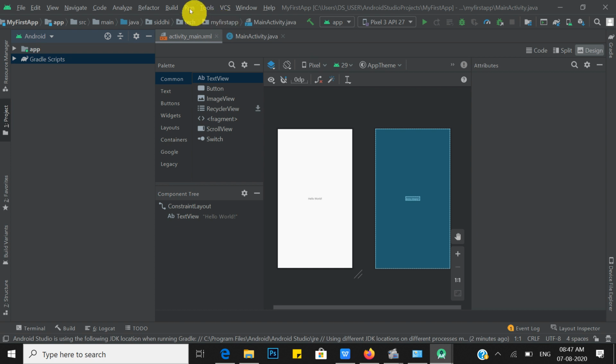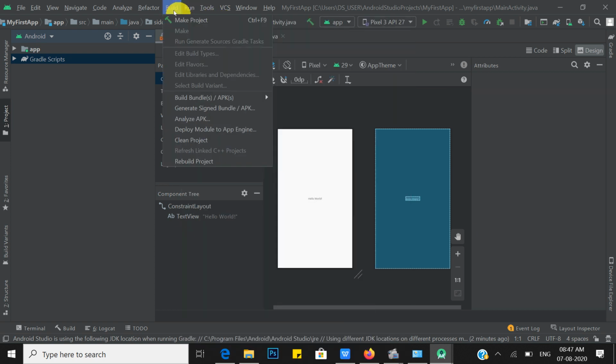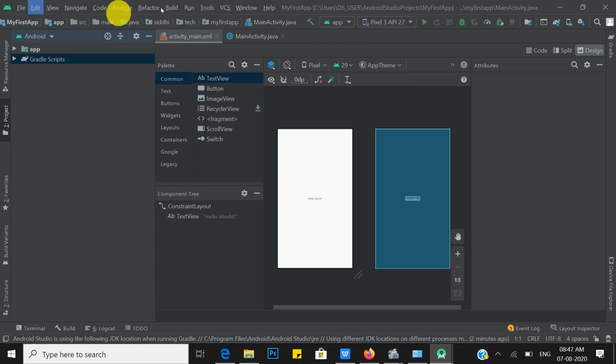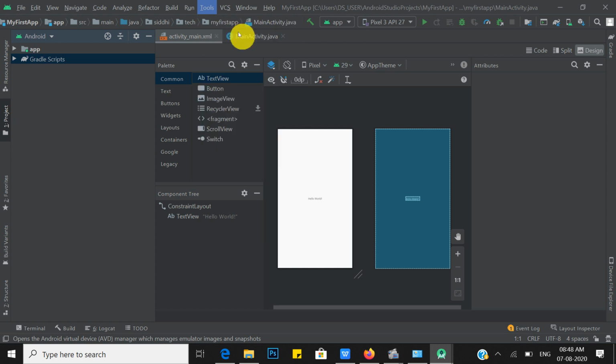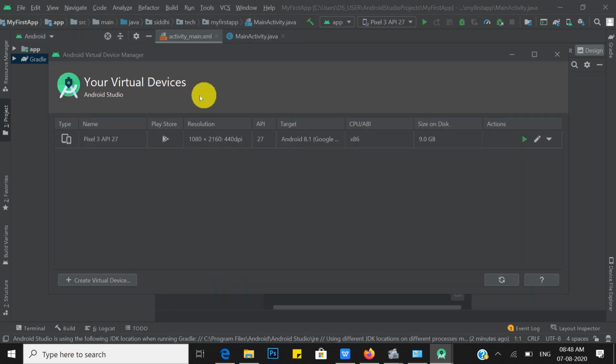After that, there are a number of options available in this menu. We will see some of them. That is the AVD manager. AVD means Android Virtual Device manager. We can create our own virtual device, that is an emulator, for our Android app. So here is the Android virtual device. I have created a Pixel 3 with API level 27 support.